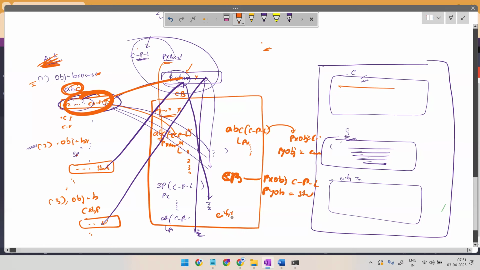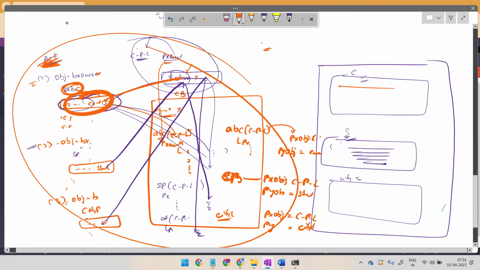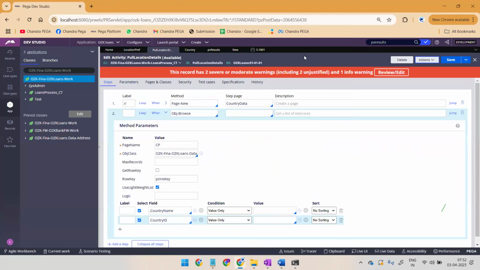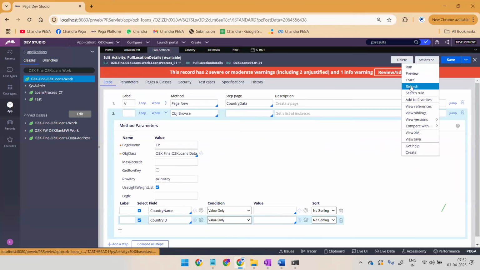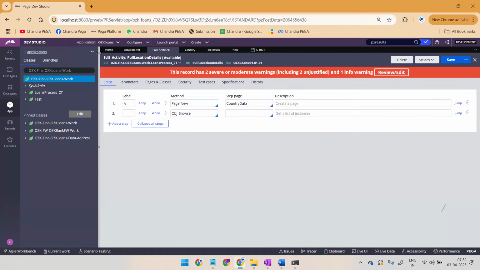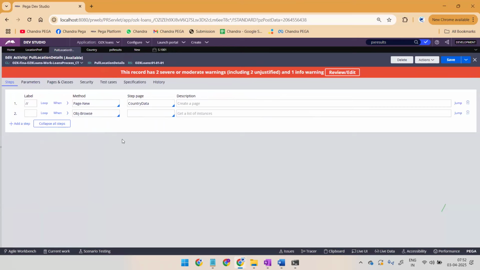Here, city list row. What is PX OBJ class? Come on. Code-Pega-List. It is Code-Pega-List. What is PY OBJ class? City class. City list. This is what you have to understand. Clear, right? Clear, everyone? Yes. Okay, everyone understood, right, about the OBJ-Browse structure? Yeah. Fine. So now,